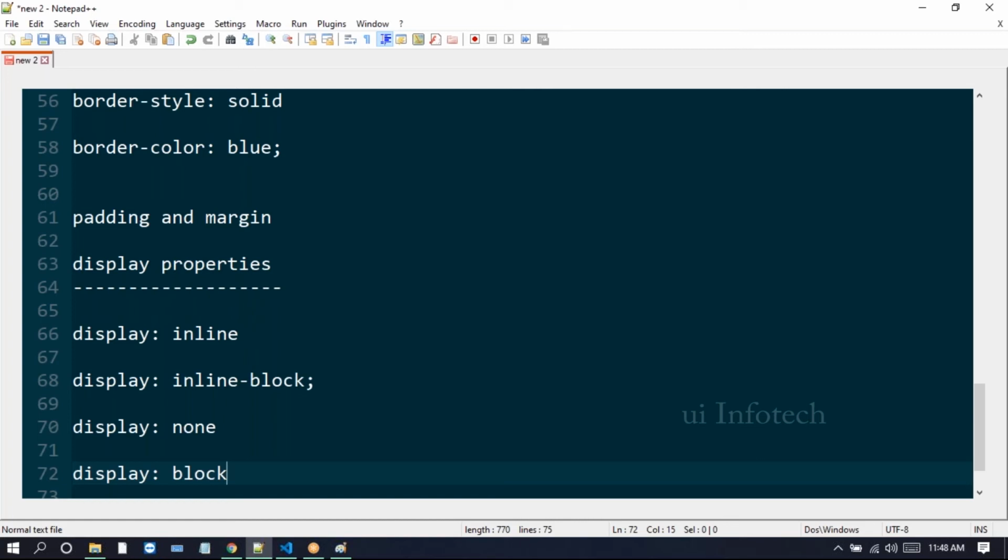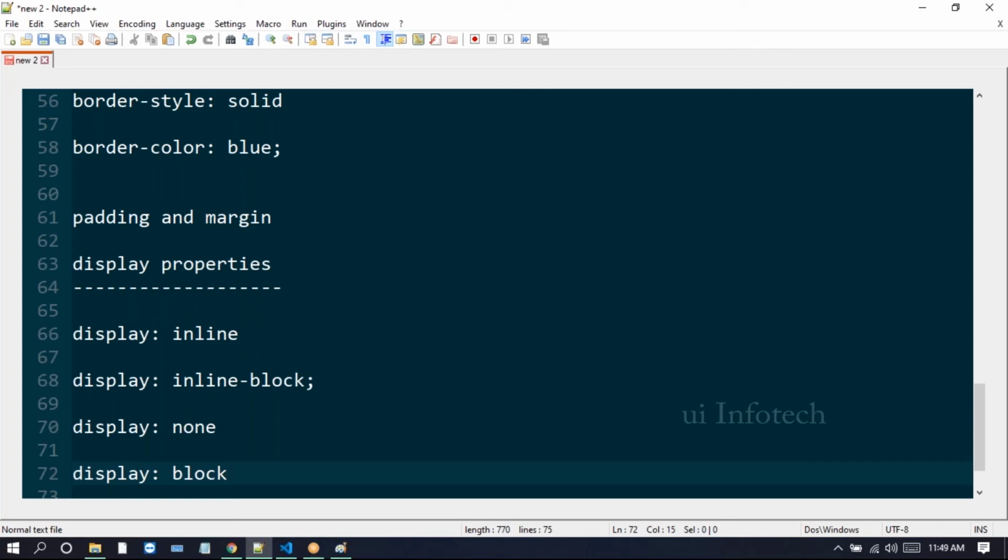Inline blocks will apply all that. It will take the paddings, the margins, the height and width. Whereas the inline won't allow you the height and width. We can apply the paddings and margins for the inlines.